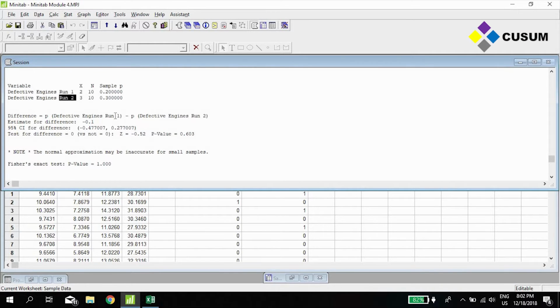Then Minitab executes the test. Remember, since these are just samples and I only have 10 data points, Minitab creates a confidence interval. So it compares the confidence interval of run 1 against the confidence interval of run 2. And in that way, it is able to determine if it expects the defect rate to be the same between